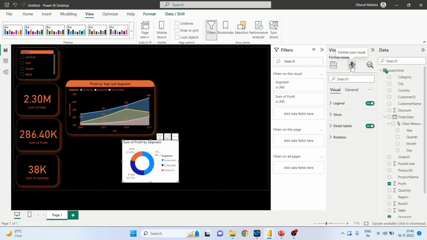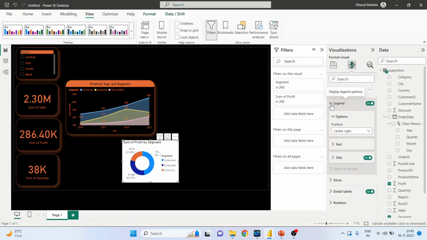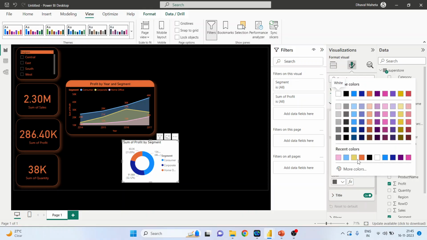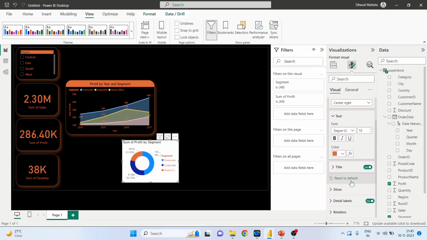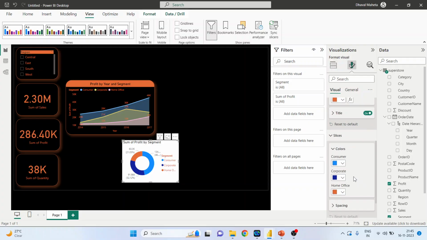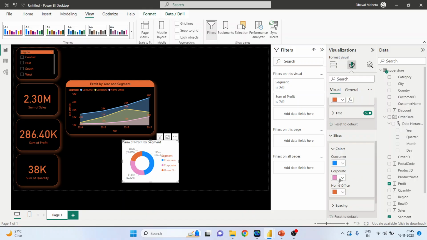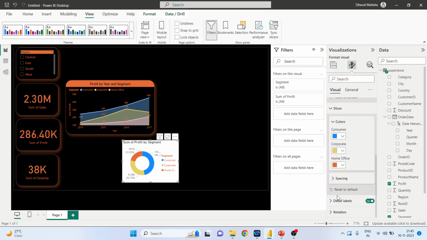Now we'll start formatting our visuals. Legend, keep things as it is. Text, yeah, text, convert it into the orange color. Slices are fine. Let's take, or I'll take this color. This is much better as it can glow. So